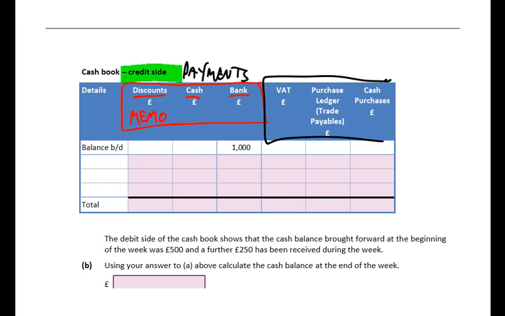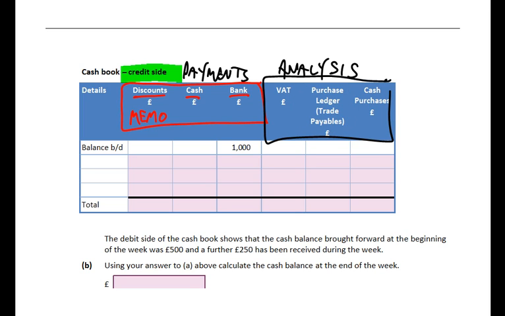You can see there are obviously additional columns that we're going to be interested in, and these are basically the analysis columns, which help us to explain what some of the payments are. If you've got a payment coming out of the bank, so if you've written a cheque, it'd be useful to analyse what exactly that cheque relates to. If you're writing a cheque to a credit supplier, for instance, we could analyse it as being related to the purchase ledger or the trade payables, because the purchase ledger is where we would have our list of the credit suppliers we owe money to. So the analysis columns are really just going to give a breakdown of where these payments are going to,